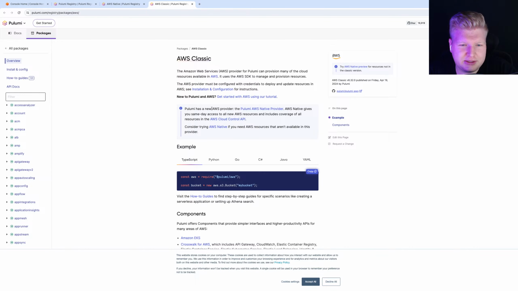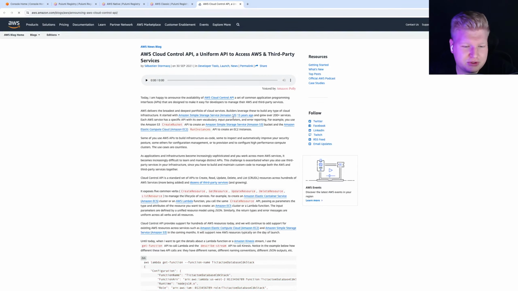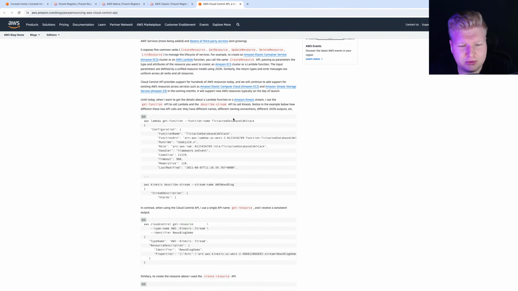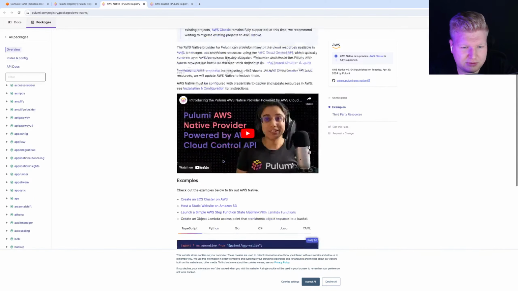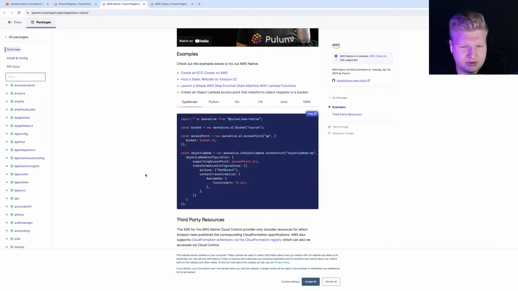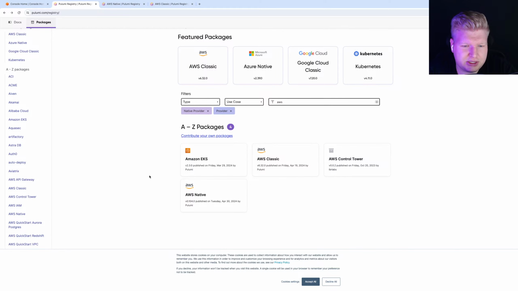But then AWS prepared this Cloud Control API, which is a new, improved way to manage the resources for these tools in the cloud, apparently including same-day access to all new AWS resources. I think there is a rule to support Cloud Control API from day one. So definitely check it out. I believe they're using AWS Native, or not sure. So let's go back.